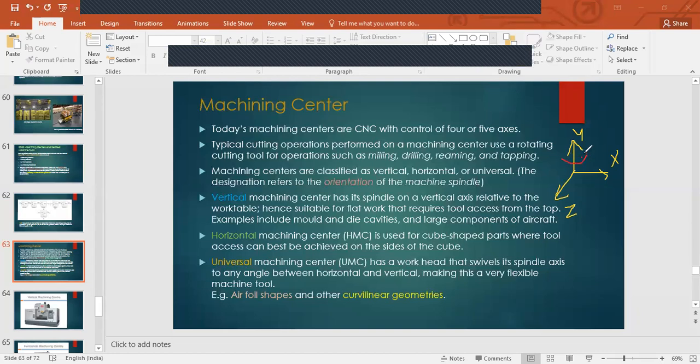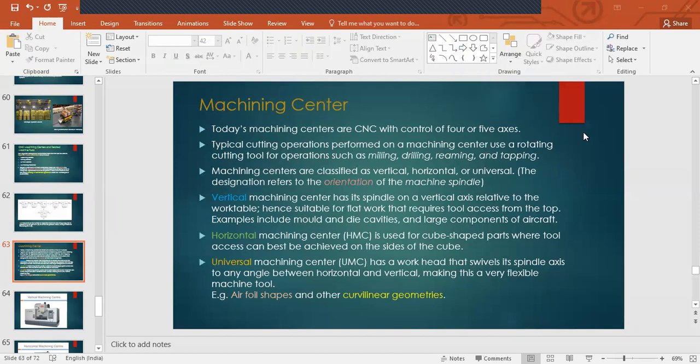If your machine is able to rotate like this, if the tool is able to rotate like this while also translating, then you have this fourth axis. If you can rotate about this also, that's your fifth axis. So the more the axes, the more maneuverability and control over the tool that you have. That's what we mean by four or five axis, and those are required in cases where you have several complicated features and geometries involved.